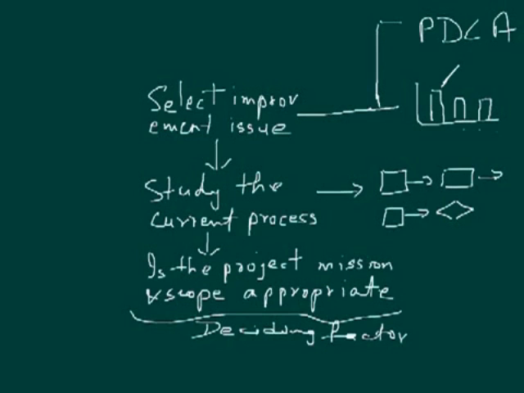So if the project mission and scope is appropriate, then you can move on to collecting more data, or collect more data. This is right after you make sure that the project and mission scope is appropriate. At the same time, when you collect more data,